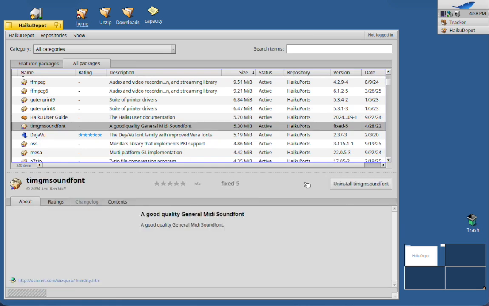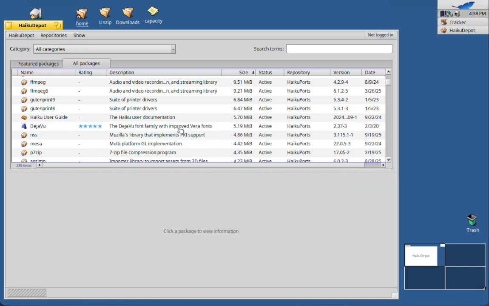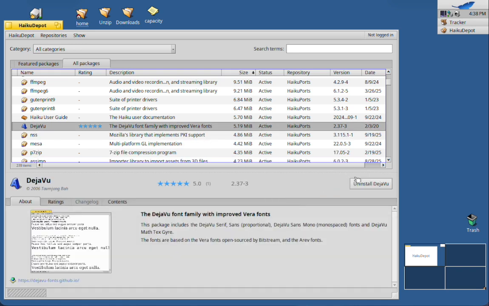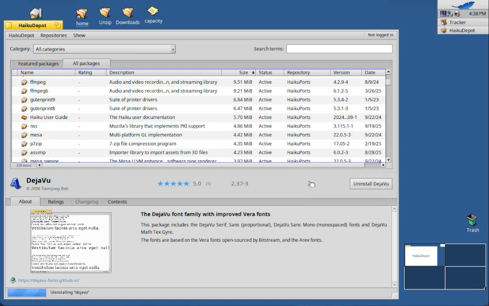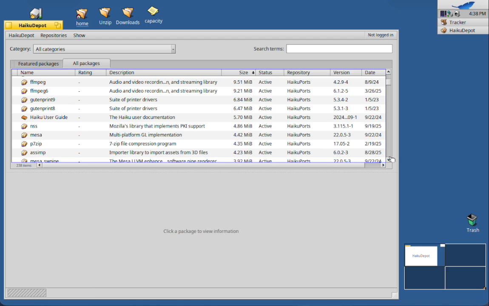I don't really work with MIDI files, so I don't need this. Alright. Let's get rid of DejaVu. Font files aren't that big, but